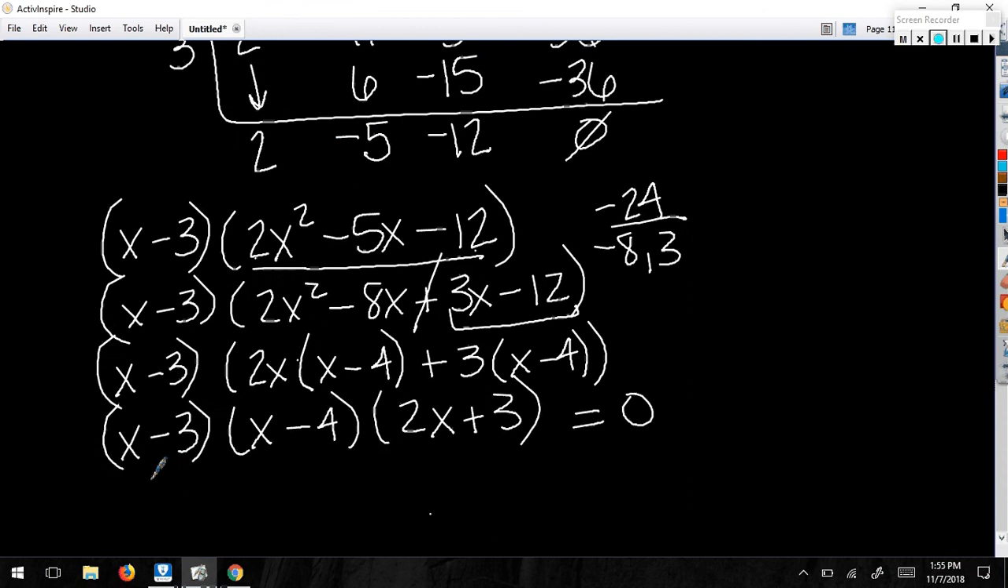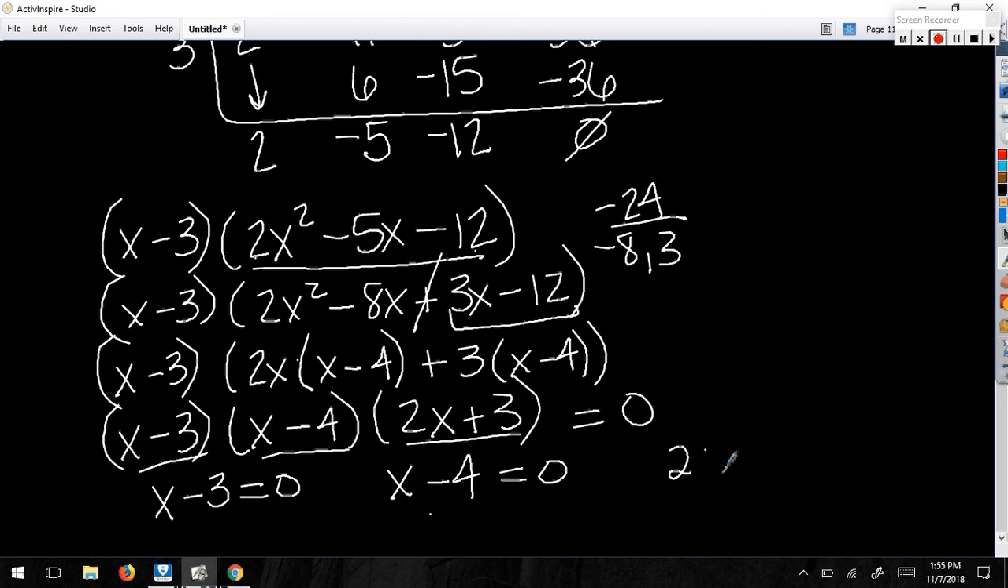And because I've got 3 things that multiply to give me 0, I would say, well then x minus 3 must be 0. Or x minus 4 must be 0. Or 2x plus 3 must be 0. Do we see why I've got these things multiplying together to give me 0, so one or more of them must be 0? All right, so if I solve each one individually,